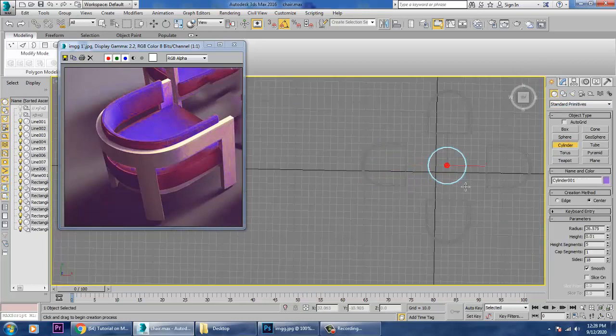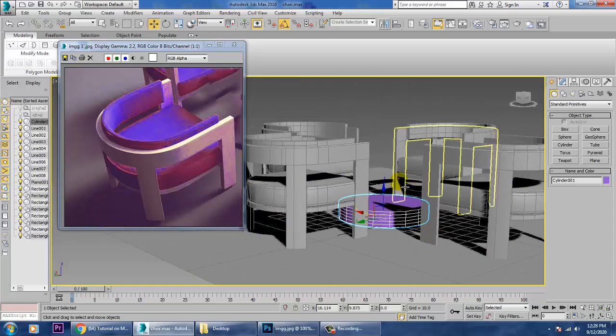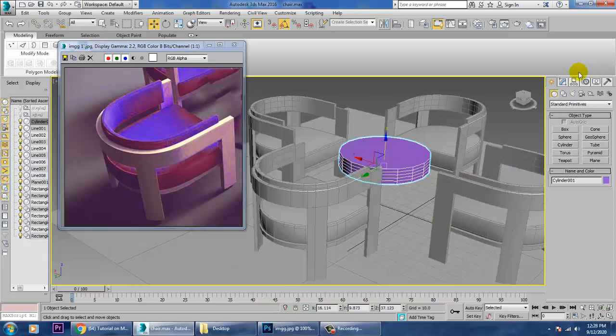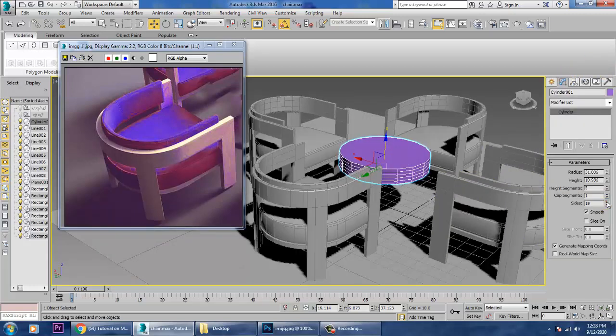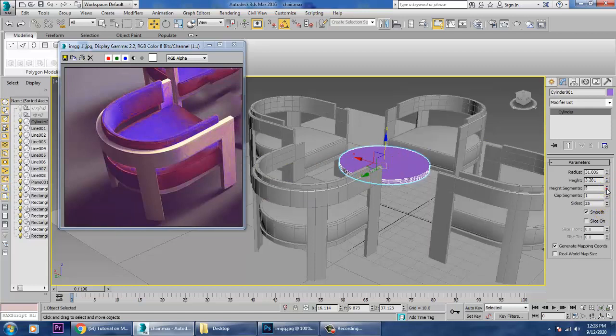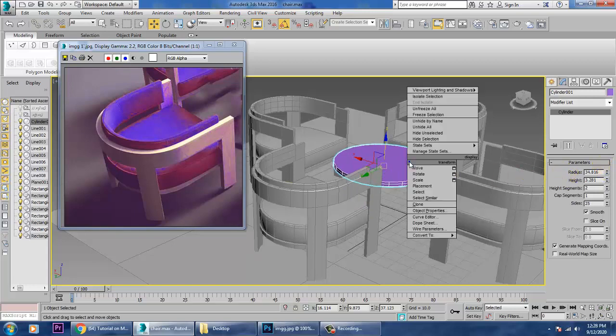Let's take a cylinder and let's just push the cylinder up over here, increase its sides over here and reduce its height, and convert to editable poly. Before that, I'll be just reducing its height segments, and I'll increase a bit of its radius and convert to editable poly.